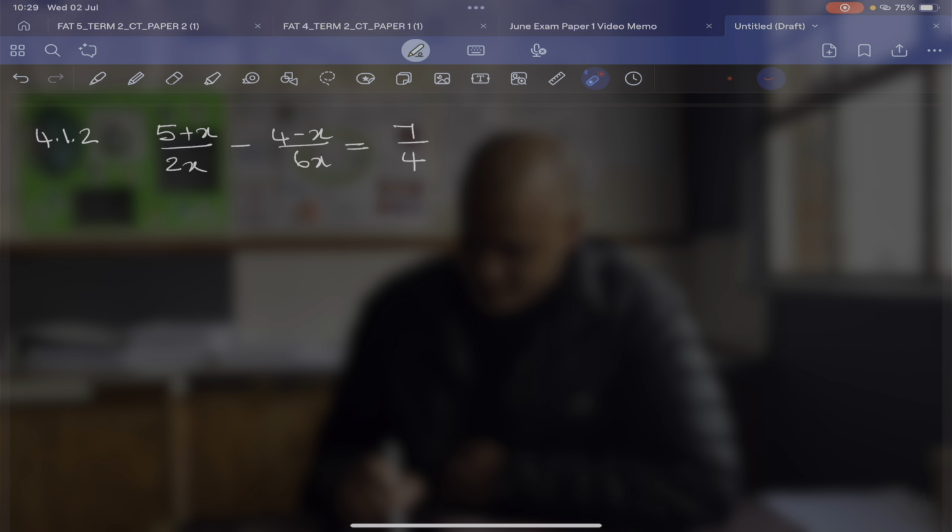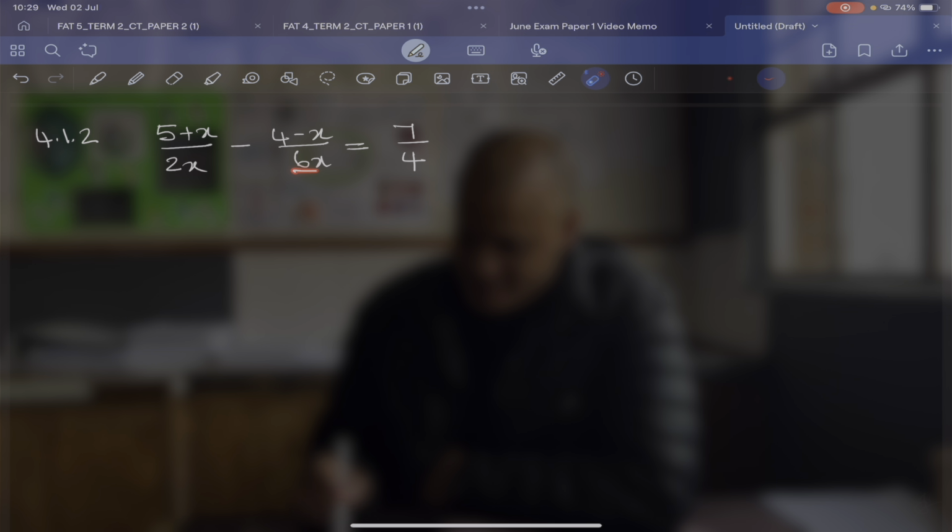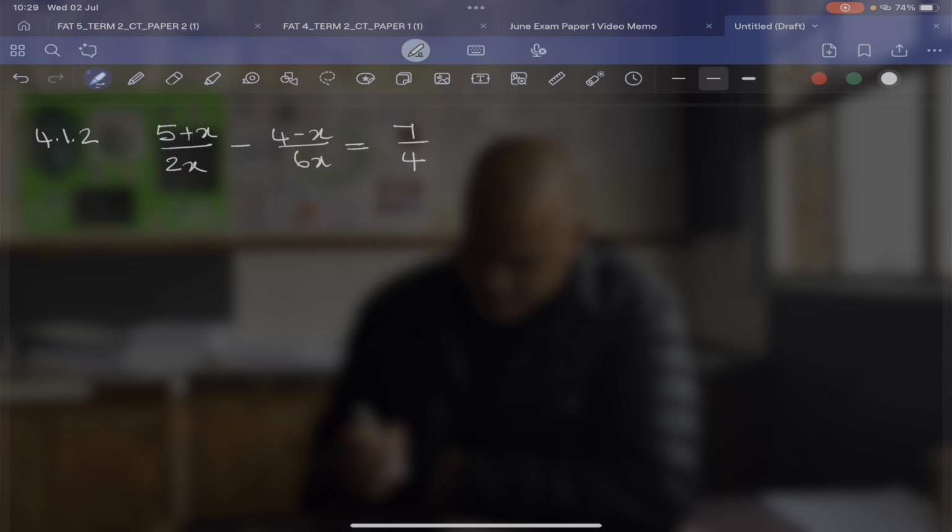Now, I'm going to look at my denominators in terms of the numbers. These are called coefficients, of course, but if we just look at what would accommodate these three numbers, 2, 6, and 4, its lowest common multiple. In other words, if I had to count in 2s, and in 6s, and in 4s, what is the first common number that they will reach together? And that, of course, would be 12. So if we write here our LCM